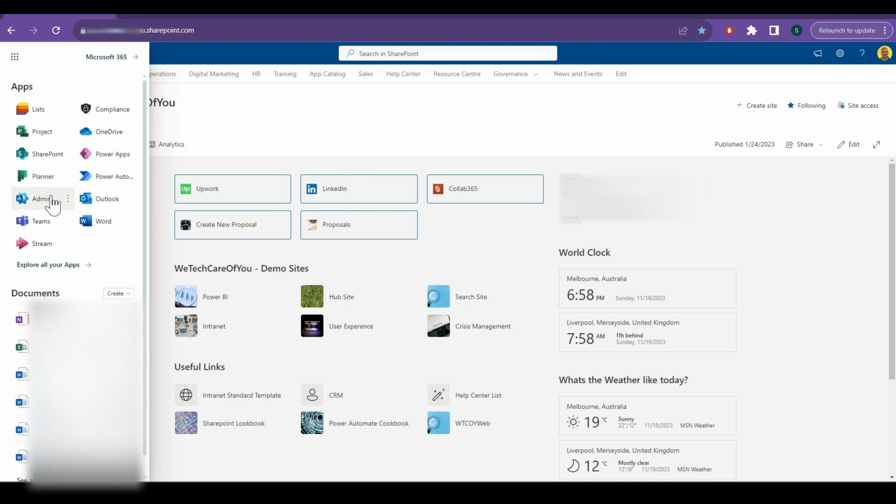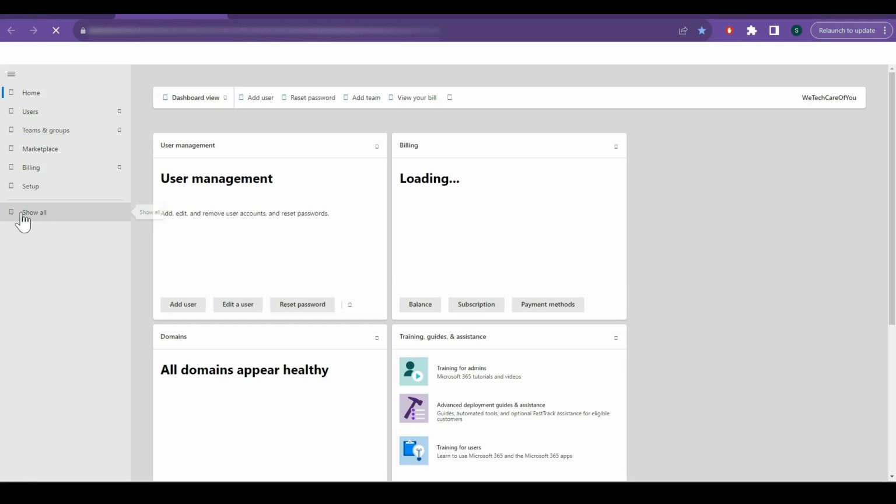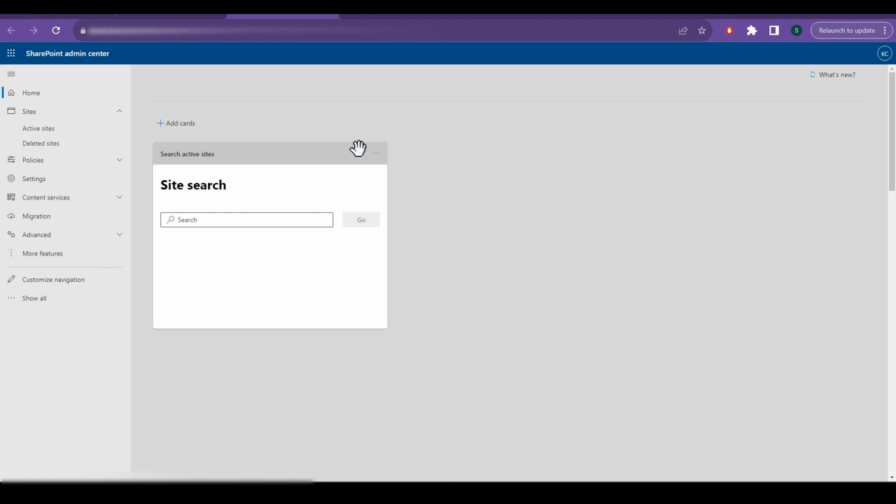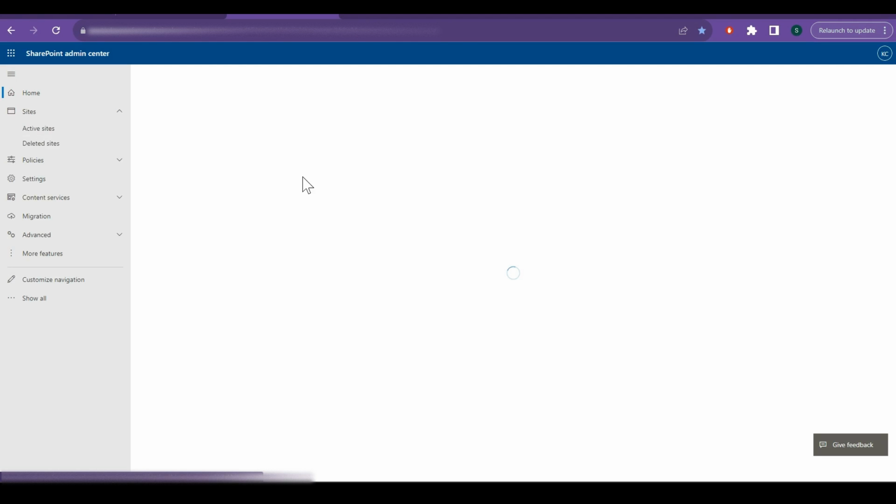Now what you need to do is go to the SharePoint Admin Center. So I'm just going to click the waffle here and select Admin. And then in the Admin Center you select Show All and you can go to the SharePoint Admin Center. And then we want to come to active sites and just go to the site that you want to rename